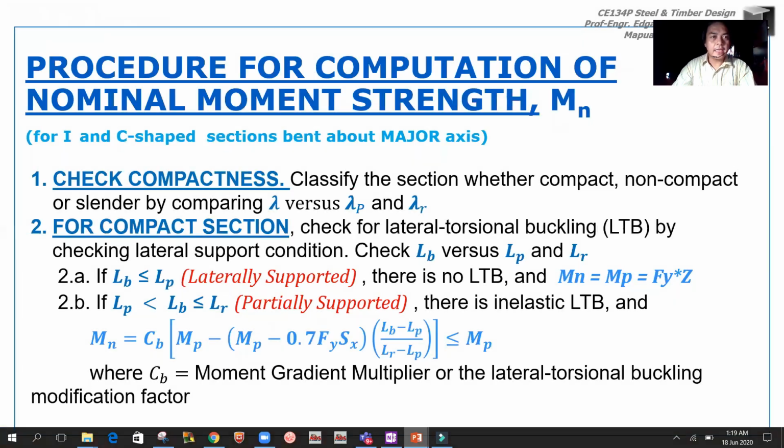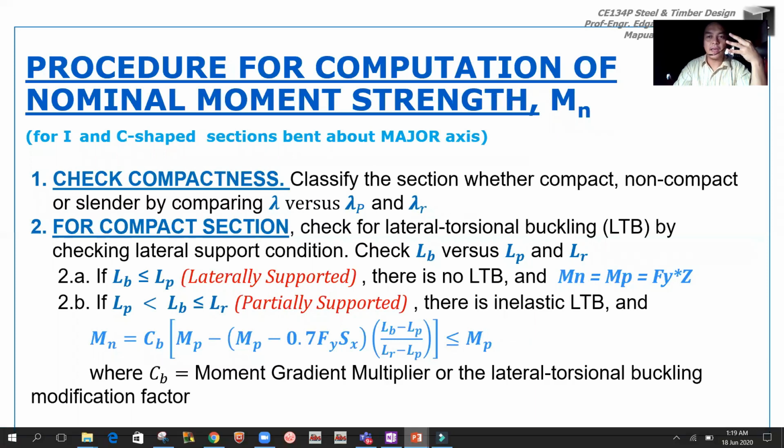Okay, so good day. For this video, I'll be discussing the procedure on the computation of the nominal moment strength M sub n. Again, from the previous videos or lectures that we had, we had identified